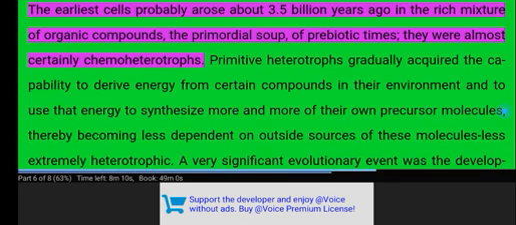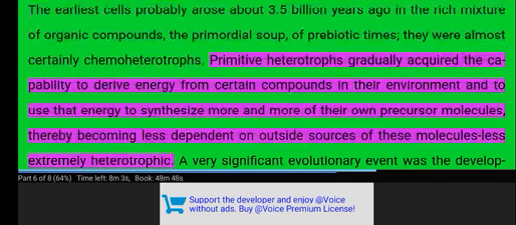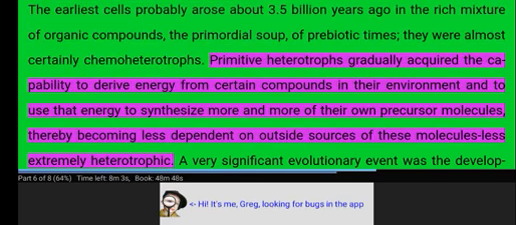Evolution of the cell. The earliest cells probably arose about 3.5 billion years ago in the rich mixture of organic compounds, the primordial soup, of prebiotic times. They were almost certainly chemoheterotrophs. Primitive heterotrophs gradually acquired the capability to derive energy from certain compounds in their environment and to use that energy to synthesize more and more of their own precursor molecules, thereby becoming less dependent on outside sources of these molecules,